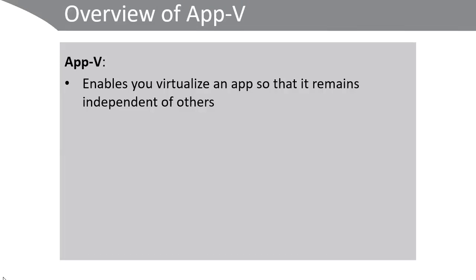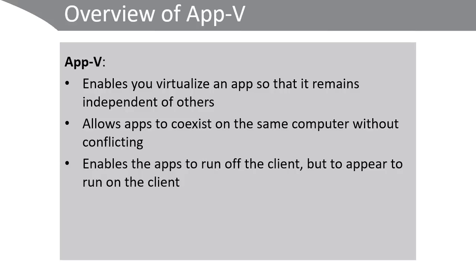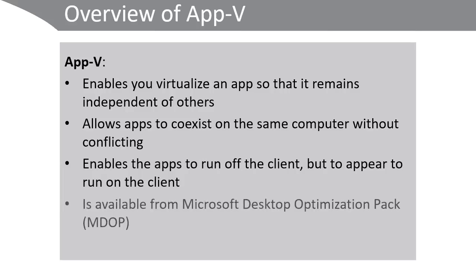AppV enables you to virtualize an app so that it remains independent of all other apps. It allows apps to coexist on the same computer without them conflicting. It enables the apps to run not on the client, but to appear to run on the client. It's built into Windows 10, but is also available as part of the Microsoft Desktop Optimization Pack for earlier versions